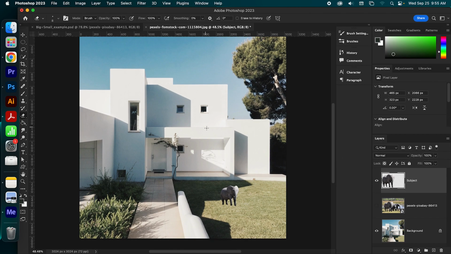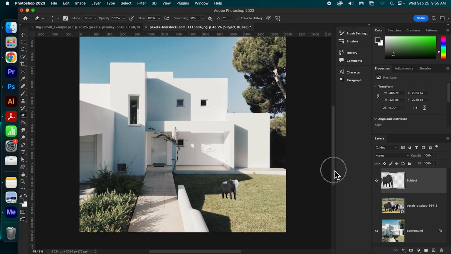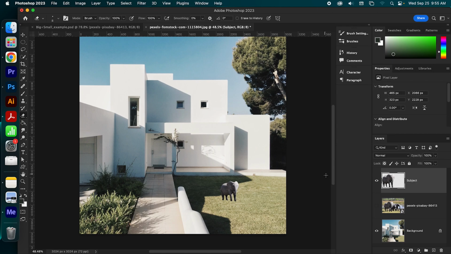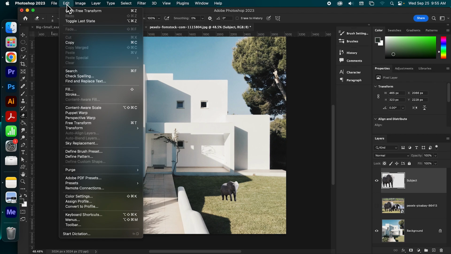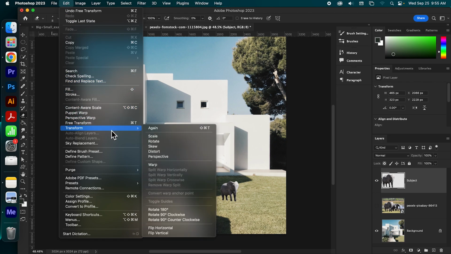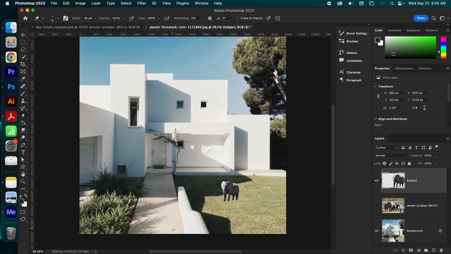For my example, I tried to choose light sources that were kind of matching. They're not quite matching because the sun is actually coming from the left and my elephant is actually facing to the right. So I'm going to do one more thing. I'm going to go to Edit, and instead of Free Transform, I'm going to go to Transform, and I'm going to choose Flip Horizontal.